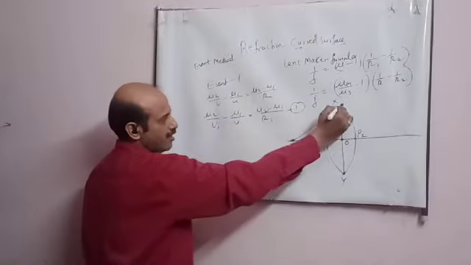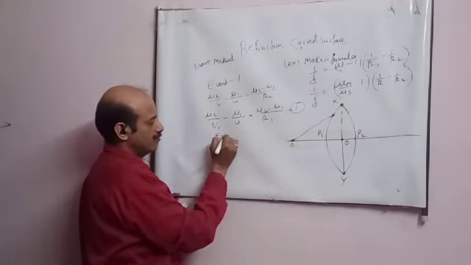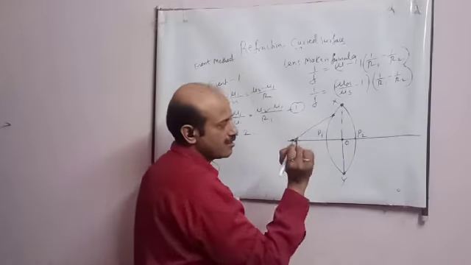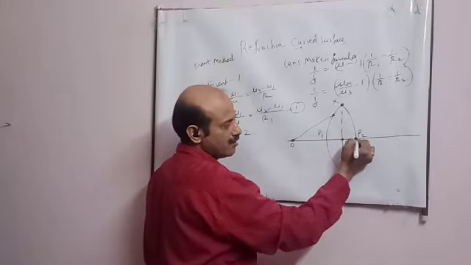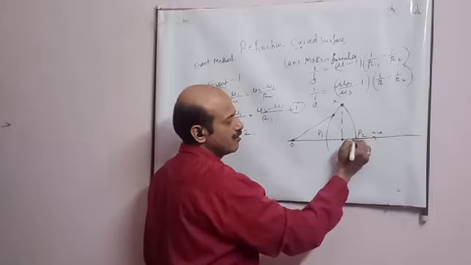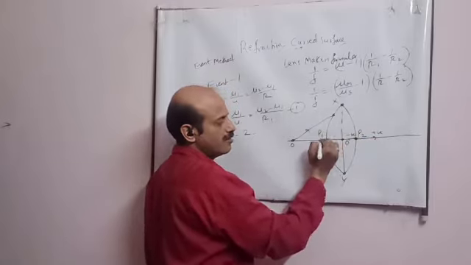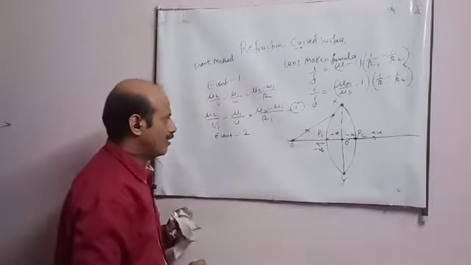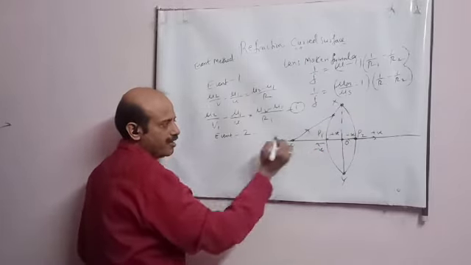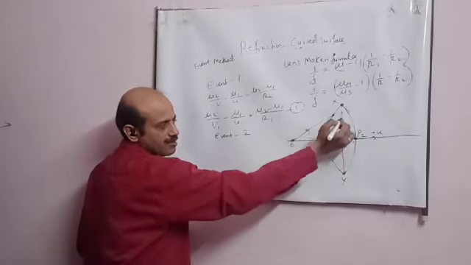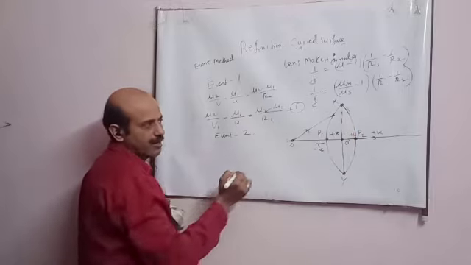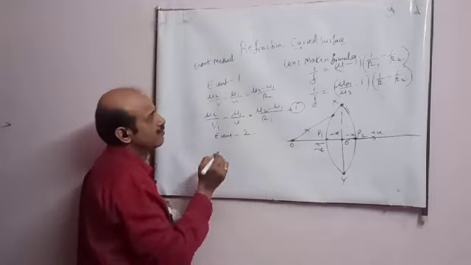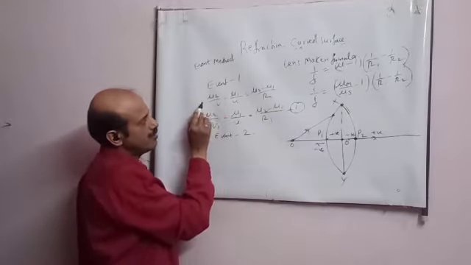Now, student, second event, second surface. Event 2. For this surface, student, sign convention, you have to remember it. For this surface, the light is going this side, so positive, this side negative. Same thing with this surface. Light is going this side positive, this direction is negative. Now I am applying the formula for this surface, second event, student. For this surface, this is first medium and air is second medium, student. Air is second medium. So here, student, this is the basic formula.